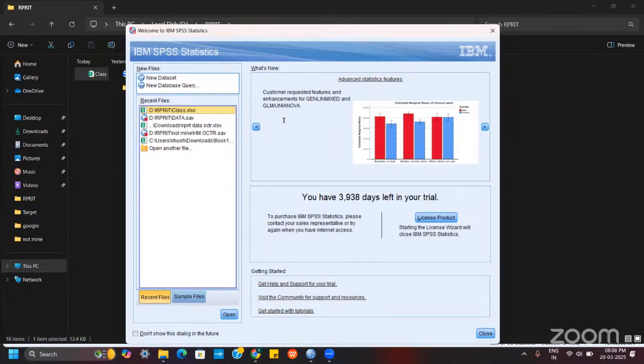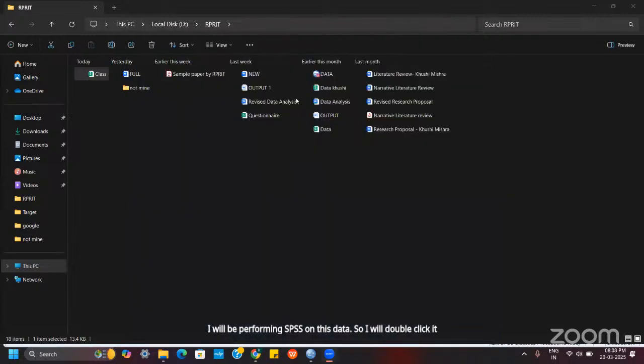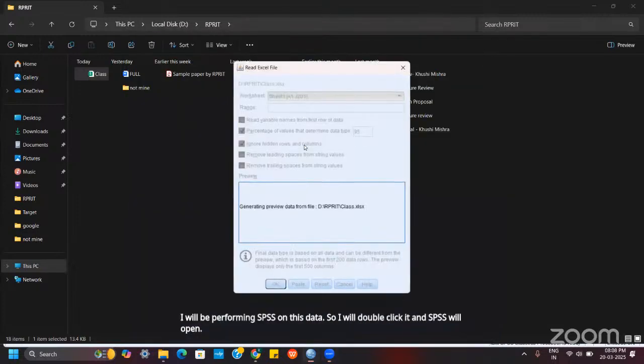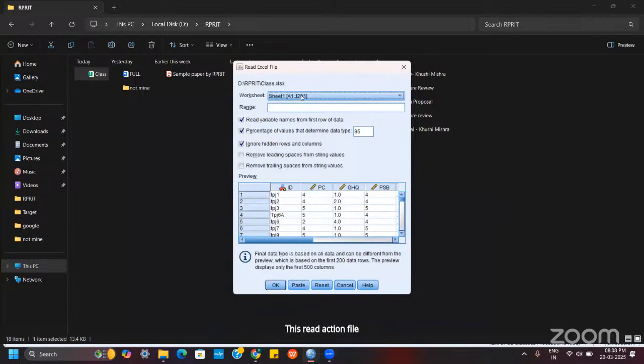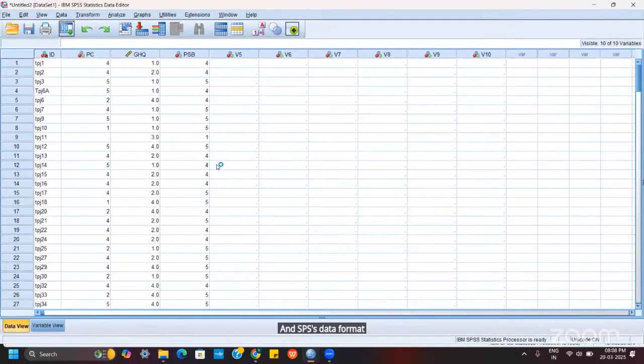So SPSS starts with this window where you should select what data you will be performing SPSS on. I will be performing SPSS on this data. So I will double click it and SPSS will open. This read file dialog box will open and you will go to OK and SPSS data format. On this data, we will perform